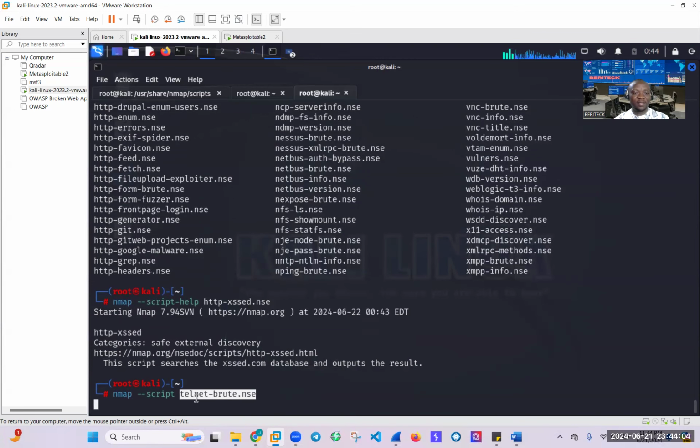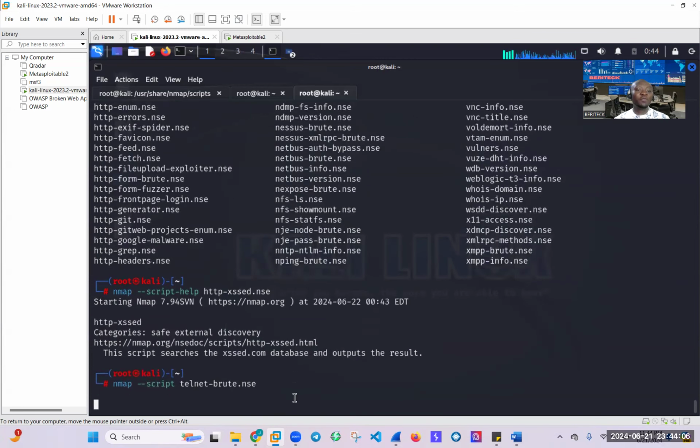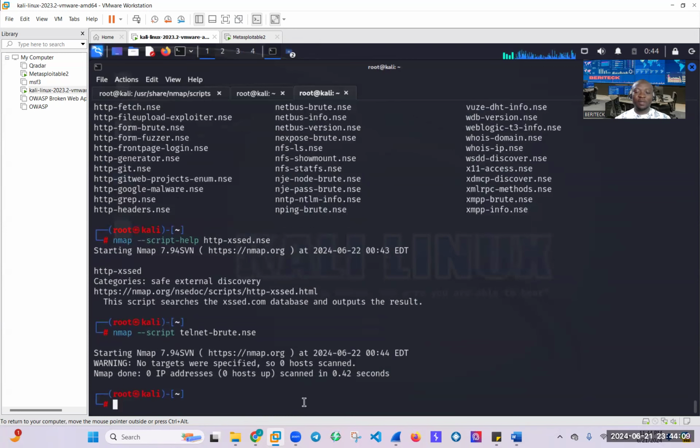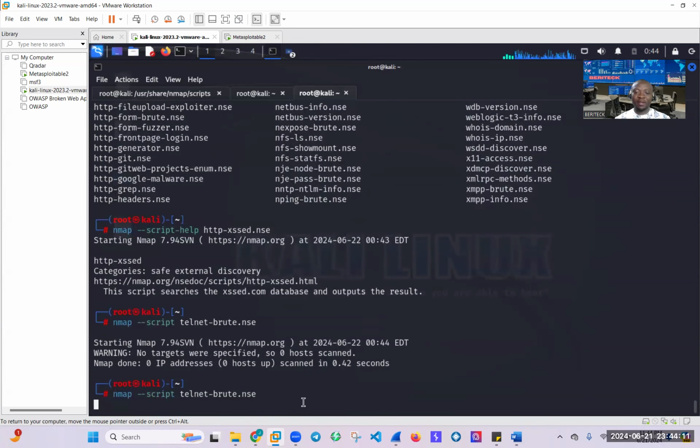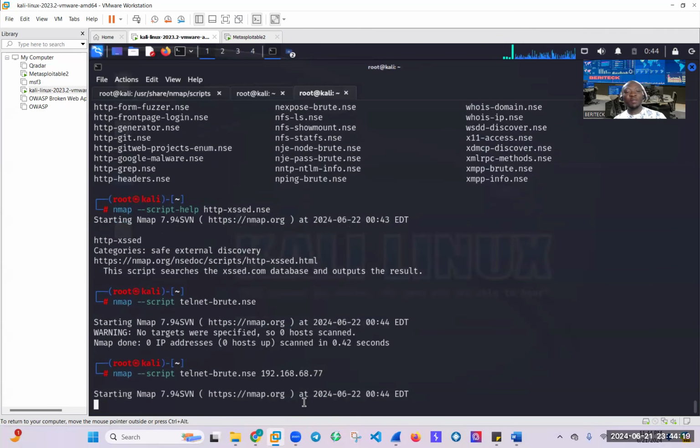So I just paste it. If I use this, it means that it's going to brute force. Oh, I got to put in my target IP, which is 192.168.68.77. It's going to try multiple usernames and passwords just to tell you which one it thinks could be the right username and password. While that is taking place, the next command I want to run here would be